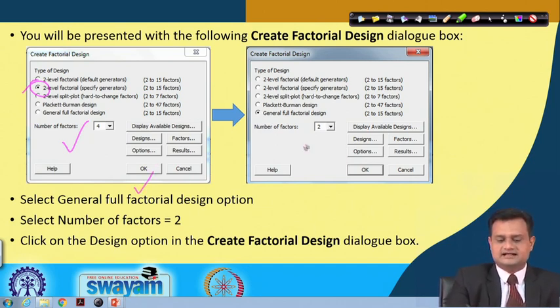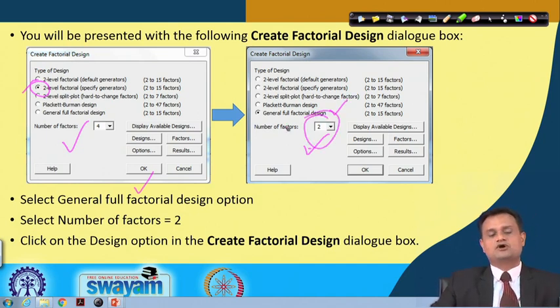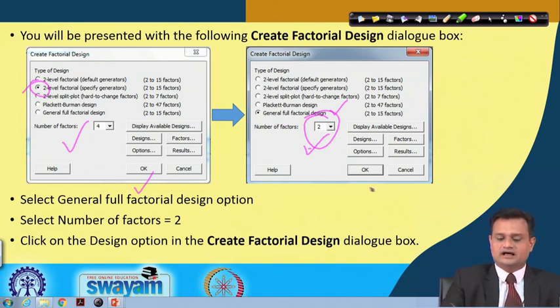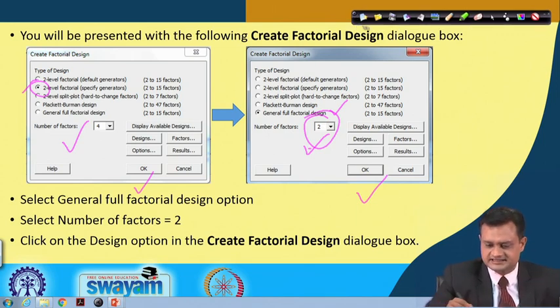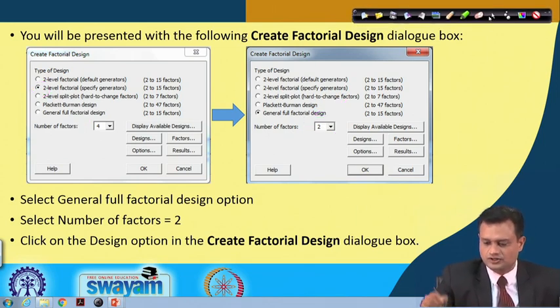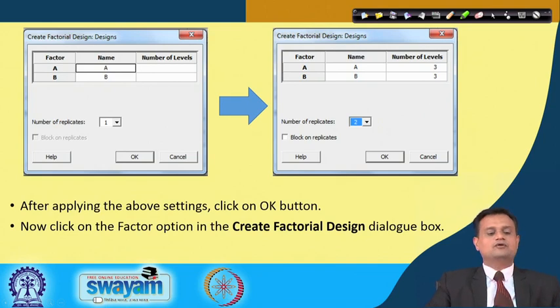In our case, let us say we are selecting general full factorial and we are selecting two factors, because we have two factors to be analyzed. So we press OK. Then you can create the design first. We have a couple of other things to specify.